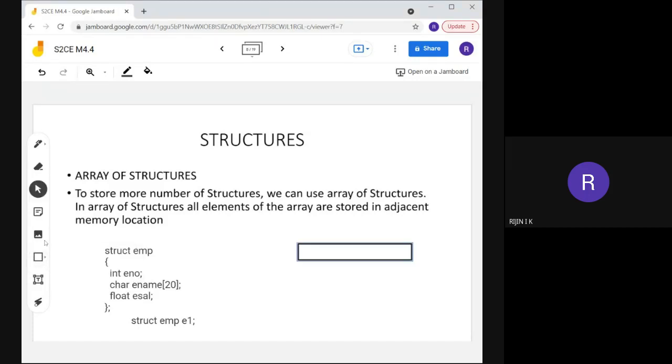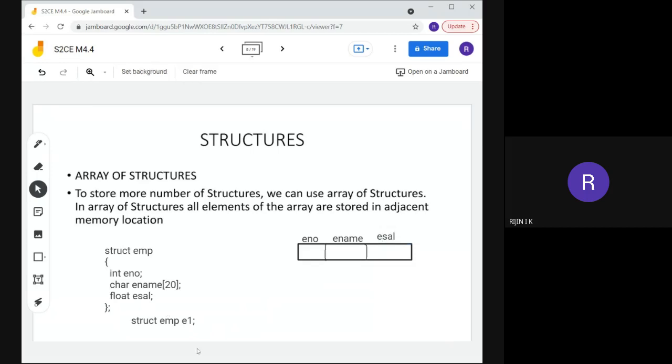It will allocate a memory that contains three sections: one for representing employee number, that is E number, then the next one for E name, and the next one for salary. So it will allocate this memory.